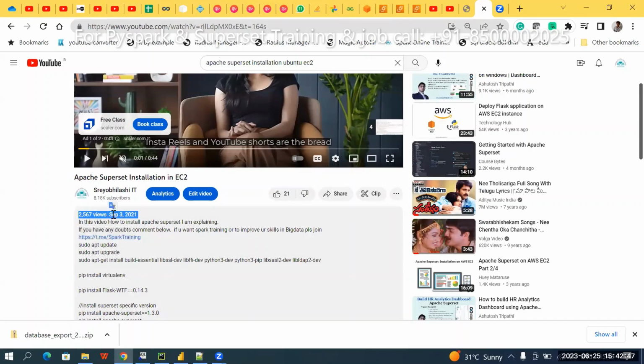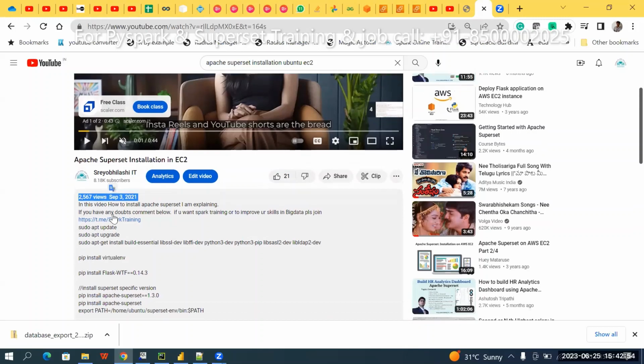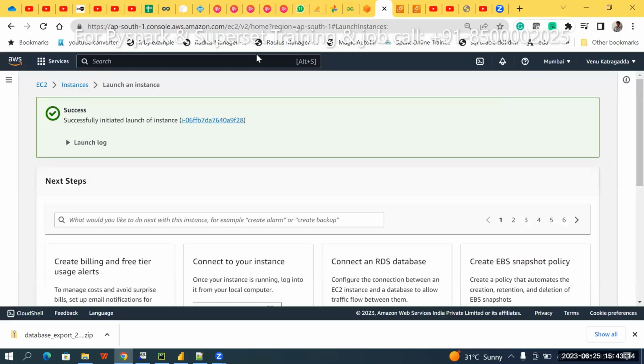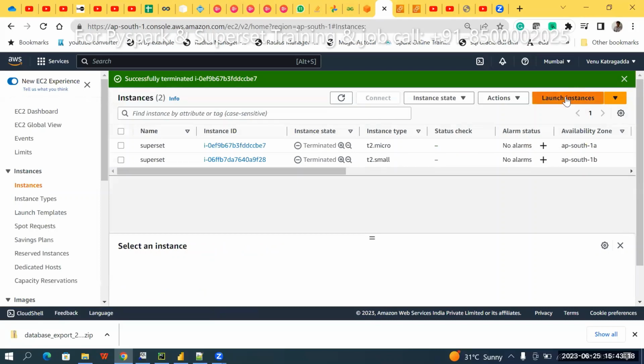Usually, Apache Superset is not well stable. Still, it is incubating. Still, it is upgrading. For example, earlier when I was explaining, I used version 1.3, but nowadays 2.x has also come into the picture. 2.x is next generation, very powerful. In this scenario, it is almost the same, but you must modify it a little bit. My recommendation: create one more